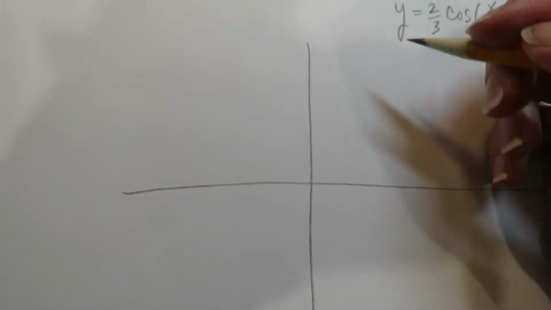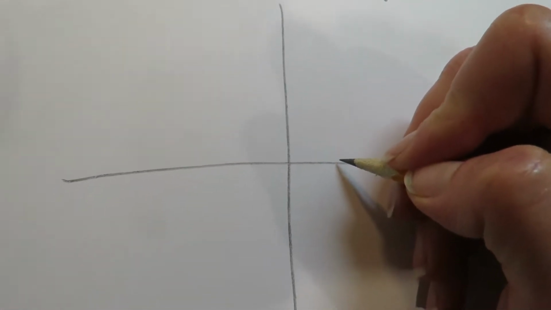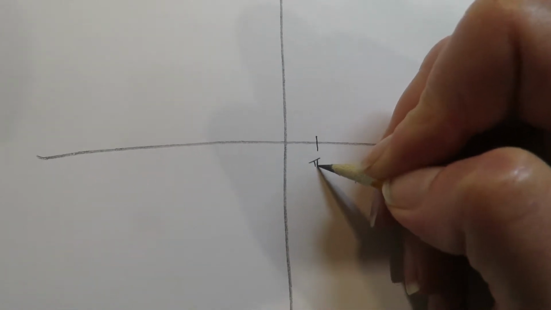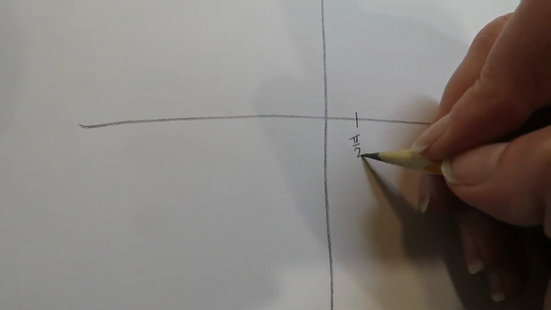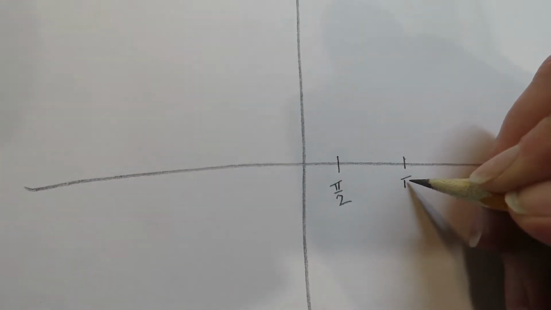Okay, so I'm going to start with the pi over 2 jumping by pi. Now be careful how you do this, because it's starting at pi over 2, but it's jumping by pi. So that means that